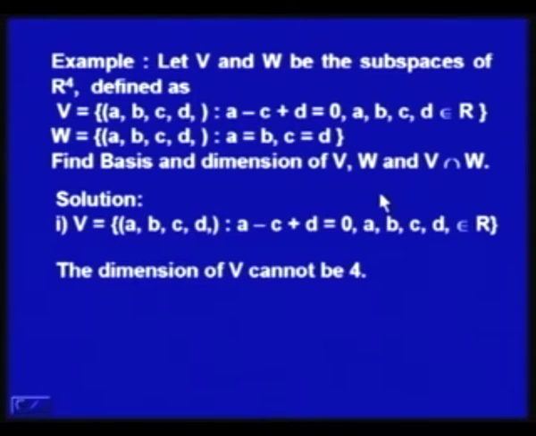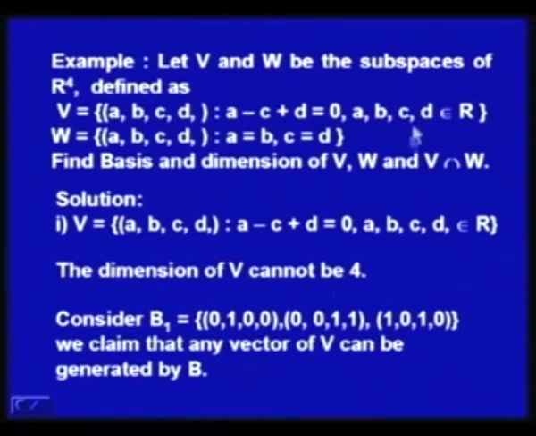So, we start with the solution. Clearly, the dimension of V cannot be 4. So, we start with a set B1 consisting of 0 1 0 0, 0 0 1 1 and 1 0 1 0, a set of 3 vectors. We claim that any vector of V can be generated by B. So, this is the span